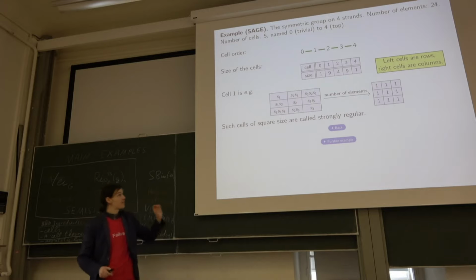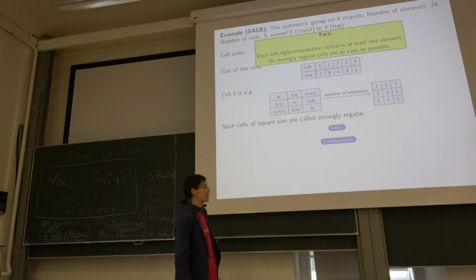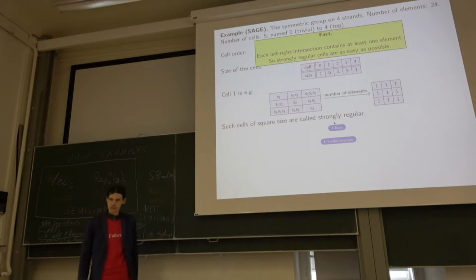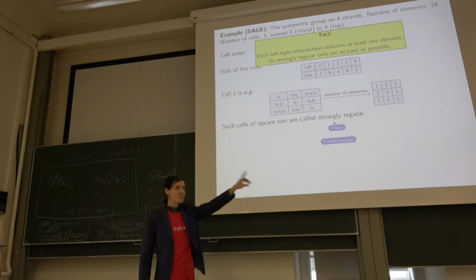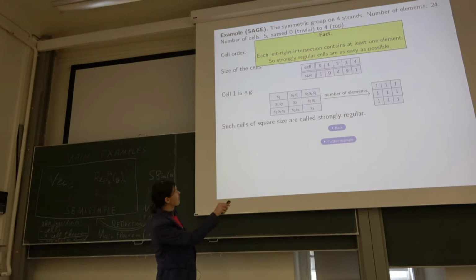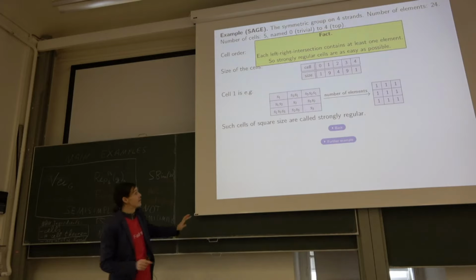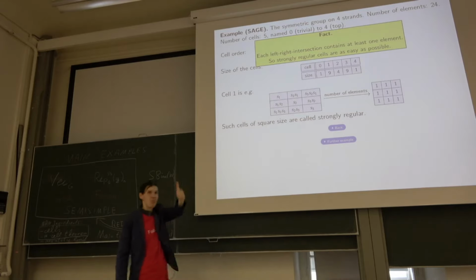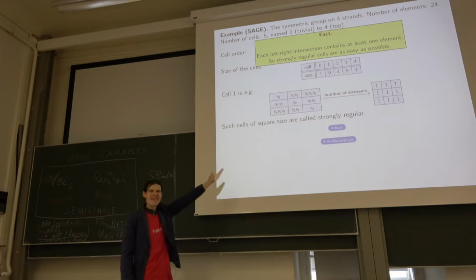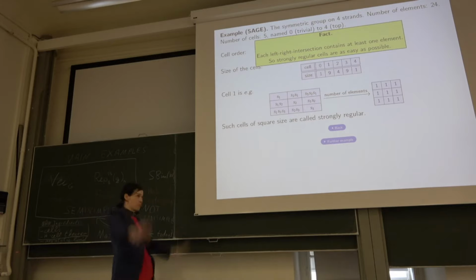And it turns out that what you see here is not a coincidence of type A. It's what's called strongly regular. Okay? So in type A, all cells are squares, meaning all those numbers are square numbers, as you can see, and this is the general fact in type A. And all intersections between any left and right cell just contain one element. And 1 is the lowest one, so there will never be 0, so this is the easiest case. So everything just is some big matrix with ones.